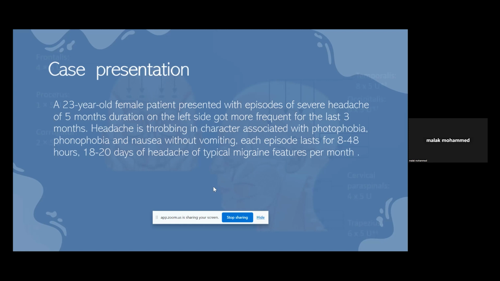MRI was done, and it showed a very great finding. We can see here, MRI without contrast was done. It showed a large extensive arteriovenous malformation with high flow, identified at the epicenter of the left cerebral hemisphere. We can note it here, of the posterior fossa. The malformation appears to be fed mainly by the arteries originating from the posterior